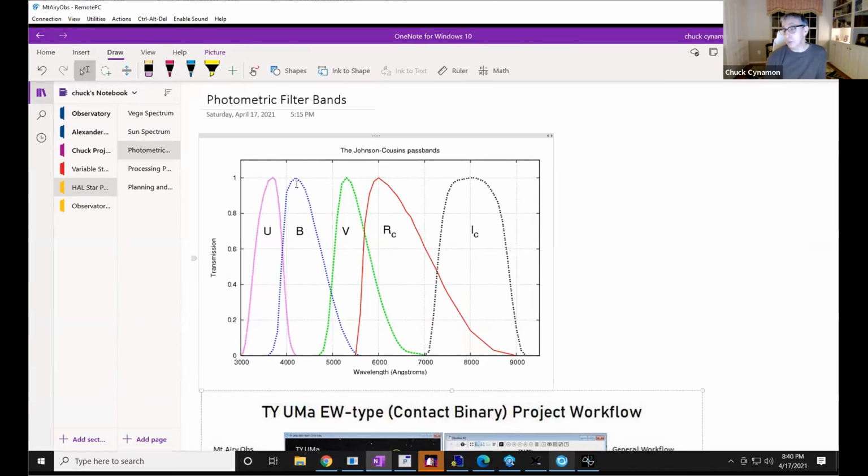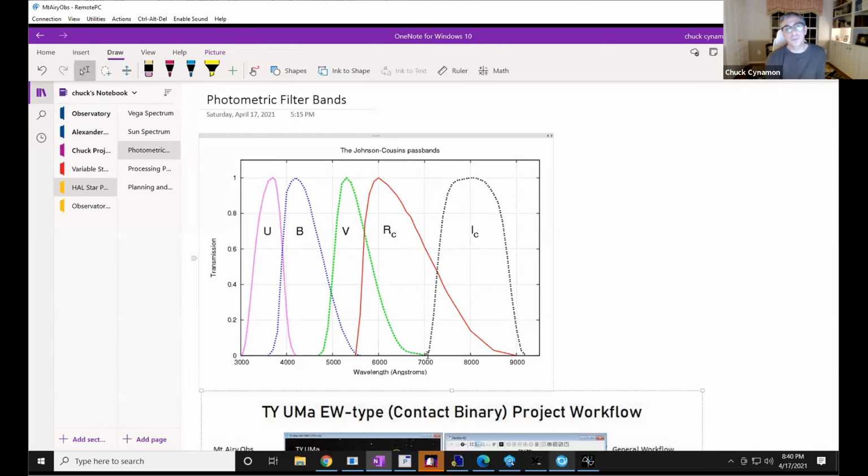For people who are new to astronomy, I'll give you a quick primer here. Most of the time when you look through a telescope with your eye, you are seeing the entire visual spectrum, which runs from about 4,000 on this scale all the way up to about 7,000. You're seeing all of the light coming from those objects through the telescope, hitting your eye. Your eye processes that, and you see all that light, all in a continuum.